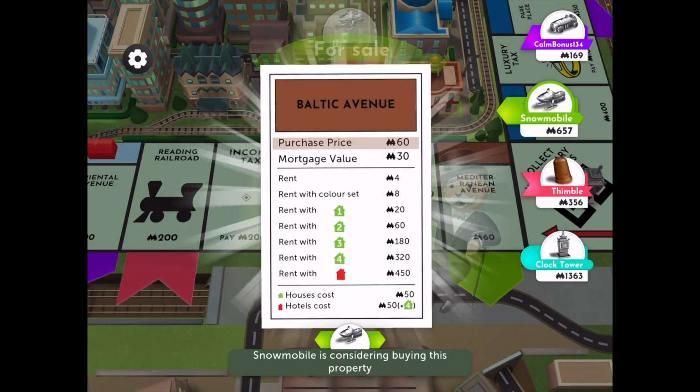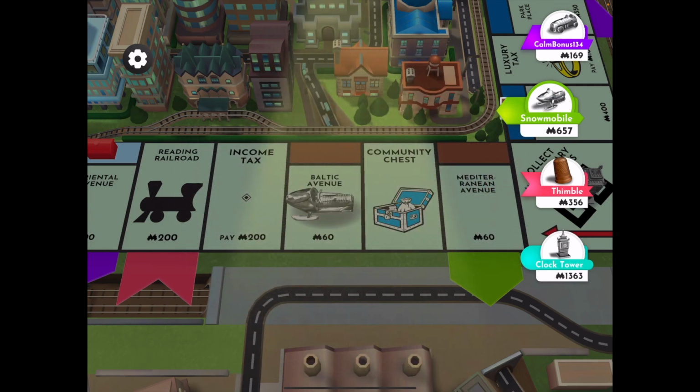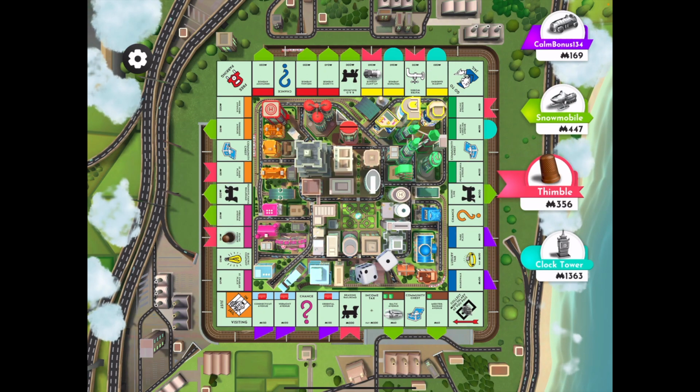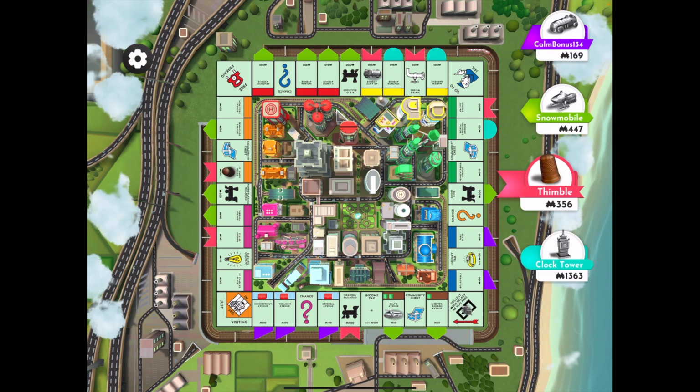Snowmobile came around, collected $200 for passing Go, and has purchased that first property past Go, which is usually the cheapest property. It was only $60 to buy. Hopefully,